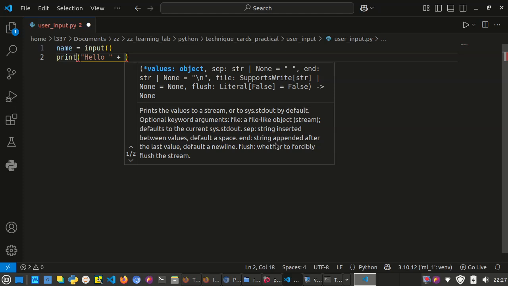We can do that. If this sounds like mumbo jumbo, go and check out the string and integer data type technique card. It'll make a lot more sense once you've looked at that and watched the video, okay? Because we go over concatenation of strings and why it doesn't work with strings and integers. That's all in that technique card, string and integers in Python. But if you have watched it or if you understand it, okay, cool. Or even if not, you should be able to pick it up anyway. You're smart enough, right? We're going to join, we're going to add